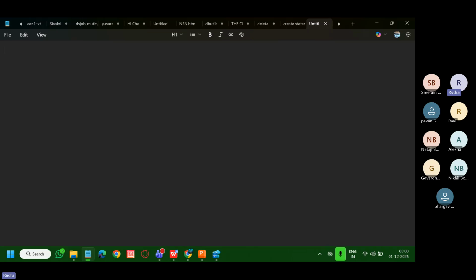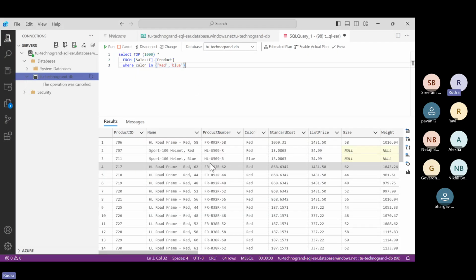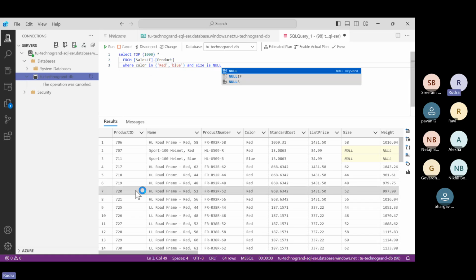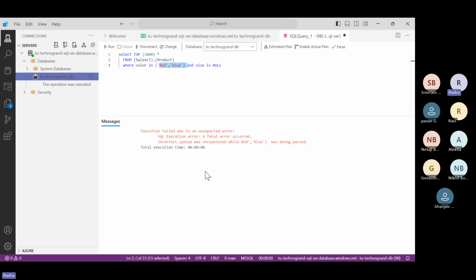So with that, maybe let me go here. Color is color in, and I can say size is null. Okay, so I want to see the products whose color is red and blue and size is given as null. So that means only these records, as well as this one. So this will give you